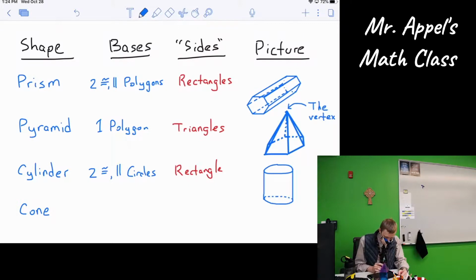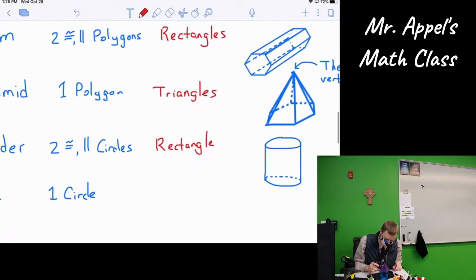All right, let's wrap this up. A cone, you could probably guess by now, is one circle for the base. We have that guy right there. Like the cylinder, we really only have the one single side, but it's not immediately obvious what kind of shape that is. If you bought a conic paper party hat, and you were to unfold it into a flat piece of cardboard,